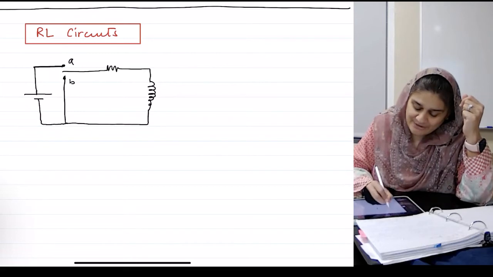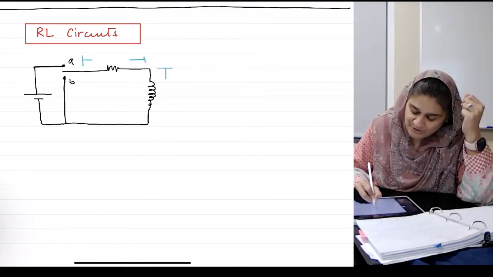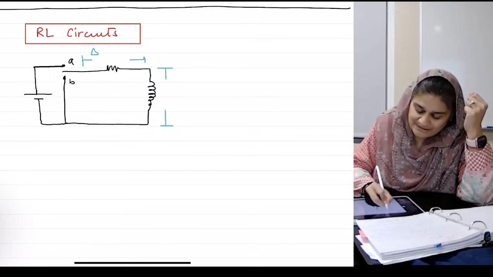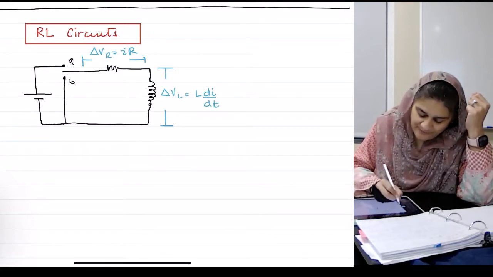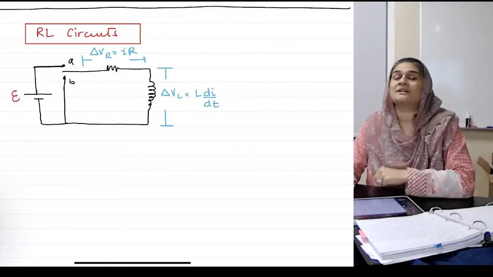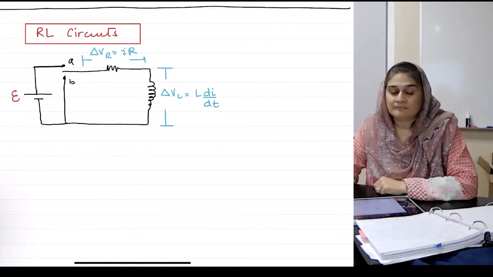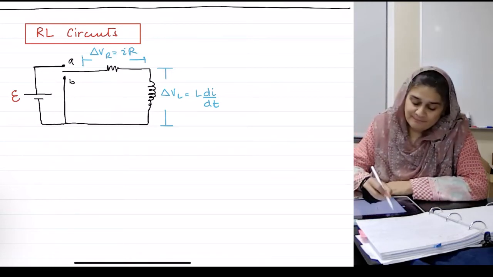So just like yesterday, what's the potential drop across here? And what's the potential drop across here? Okay, so delta VR will just be IR, and delta VL will be L dI over dt. And this is my source of external EMF, say 10 volts. Okay, so initial condition,